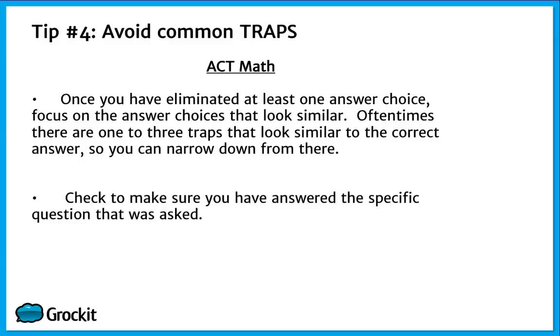So sometimes what happens is the traps will be mathematically correct. They just won't answer the question that was asked. So for example, if you have a group of boys and a group of girls, the question may ask for total participants, and the trap answers would be how many girls and how many boys. Those would be 2 separate trap answers. So make sure you're looking at exactly what they're asking at the very end of the question,